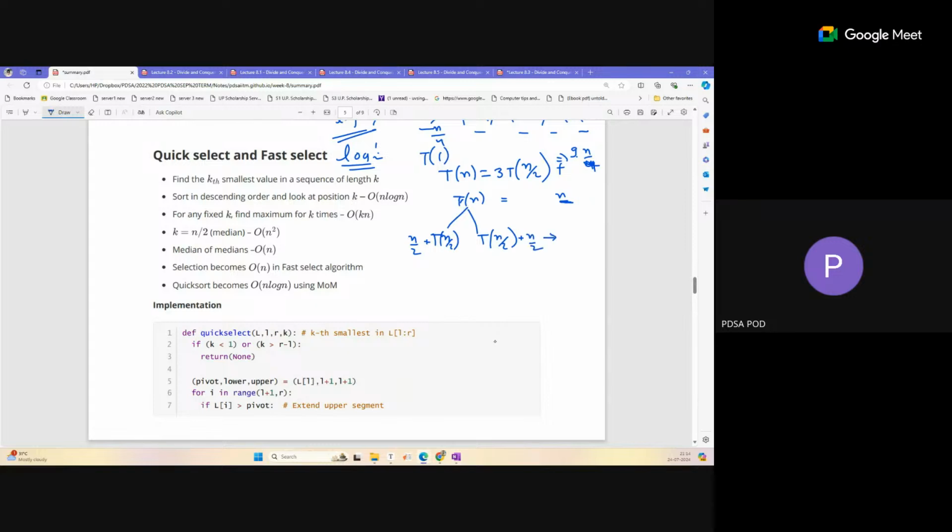Okay, and if you add this total n by 2 plus n by 2, because this is the call and this is the operations, so n by 2 plus n by 2, you will get n. Okay, again at the next level you divide this problem again, so you will get a total number of operations n by 4 here, n by 4 here, n by 4 here, n by 4 here. Okay, and when you add all these, you will get n. So that means each level you are getting the same number of operations, and total levels are log n. So each level you have n operations, levels are log n, so total complexity is n log n